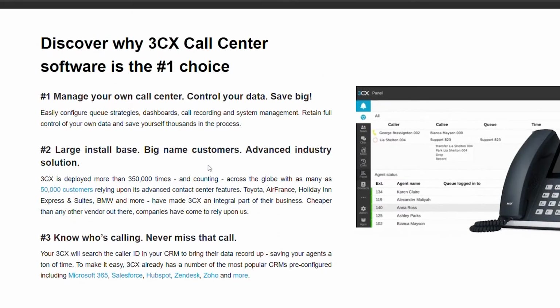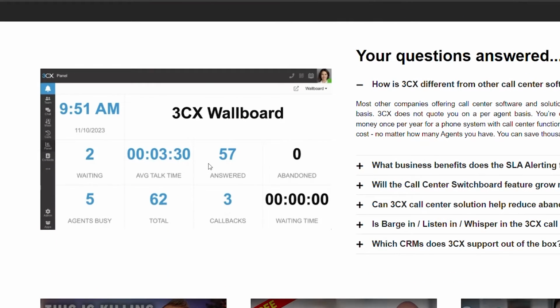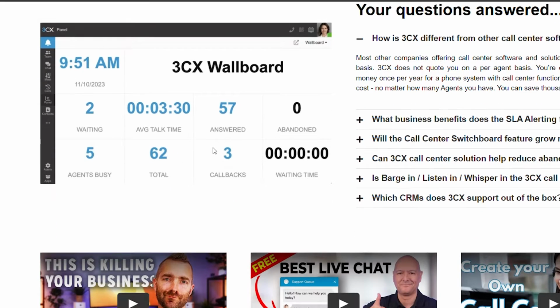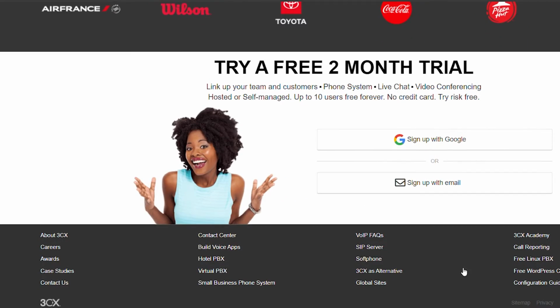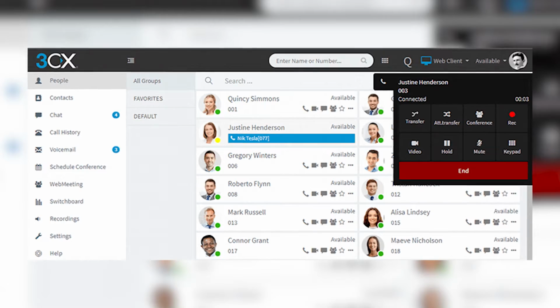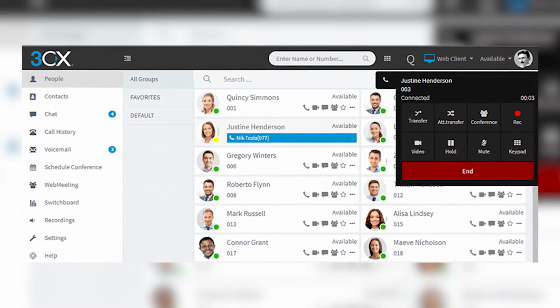One of the features they have streamlines the setup of call queues, dashboards, and call recording, all while allowing you to keep full control of your data. With no per agent monthly fees, it ensures that every call is an opportunity to enhance customer relationships and